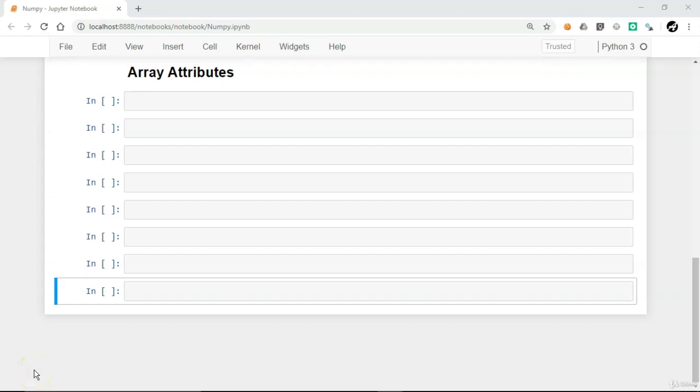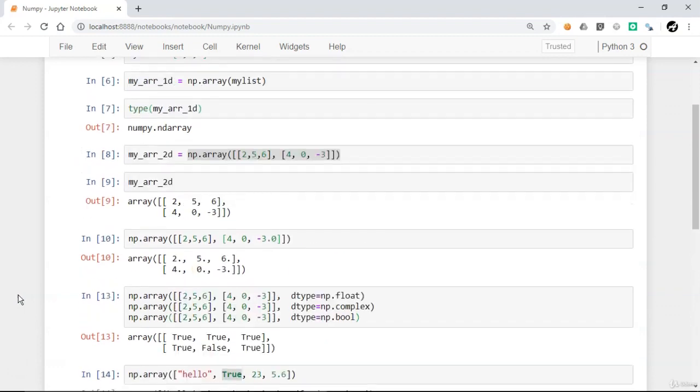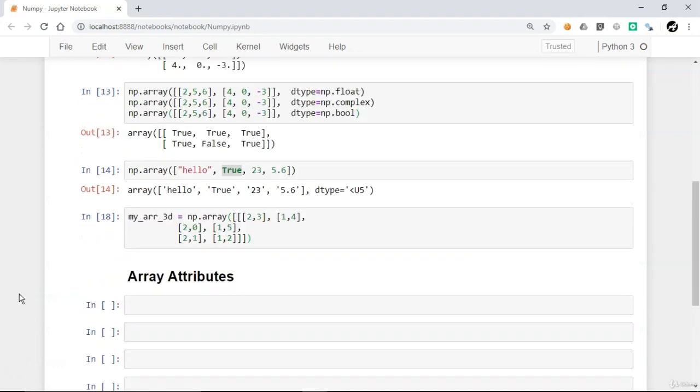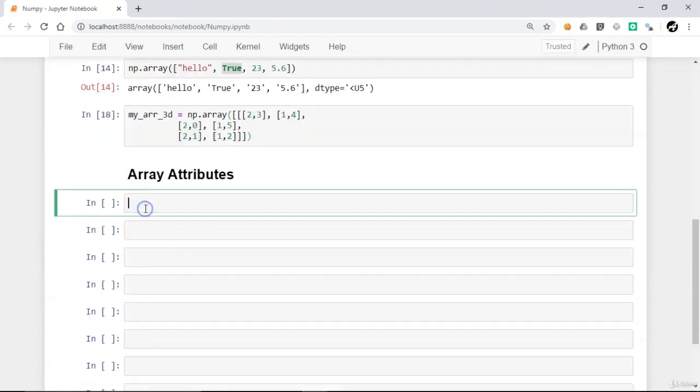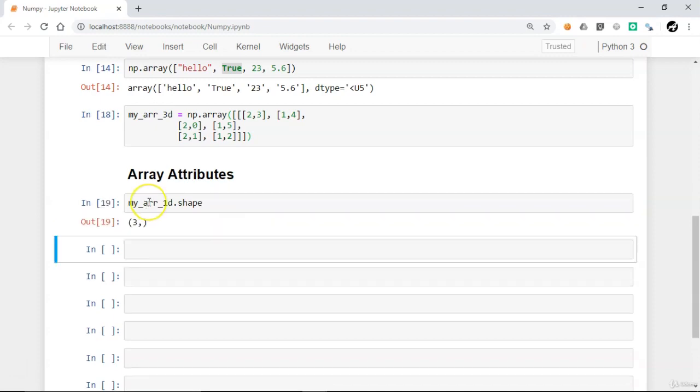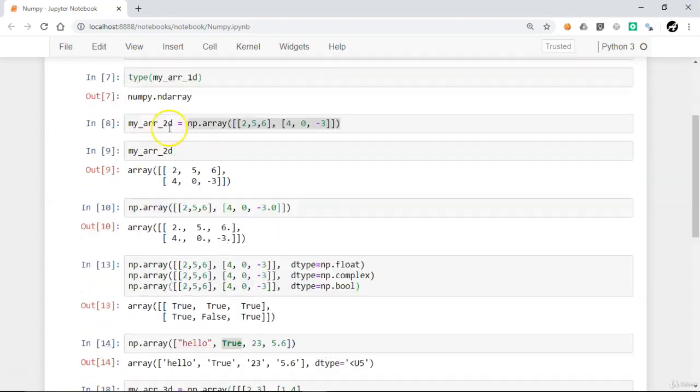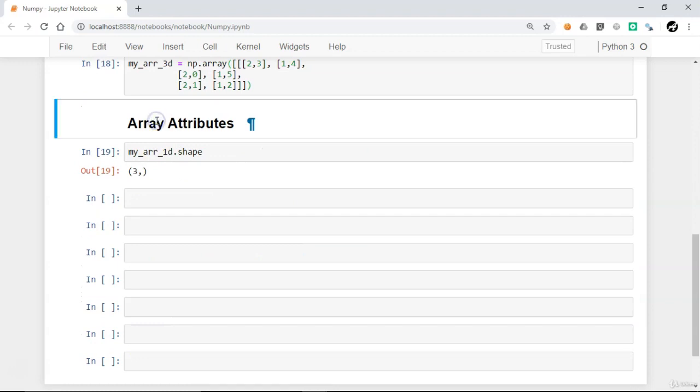Alright everyone. So in the last video, we have successfully created a 1D array, 2D array and a 3D array. Now let's see what are the attributes which we can apply on the top of those NumPy arrays. So we have already my array 1D. Let's say I want to see the size or shape of this 1D array. So it will be a 3, 0 because we have 3 elements. Before that, let me just put,